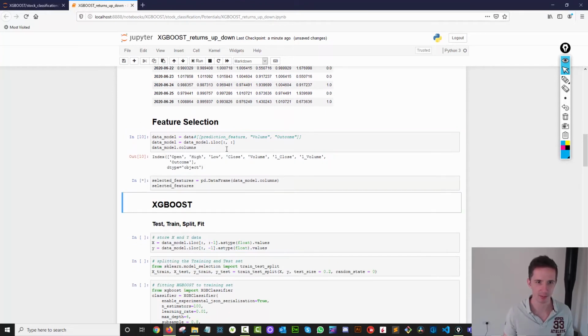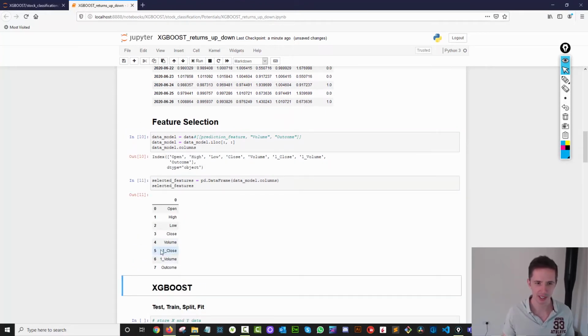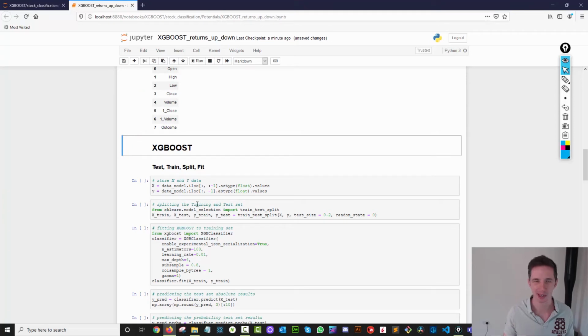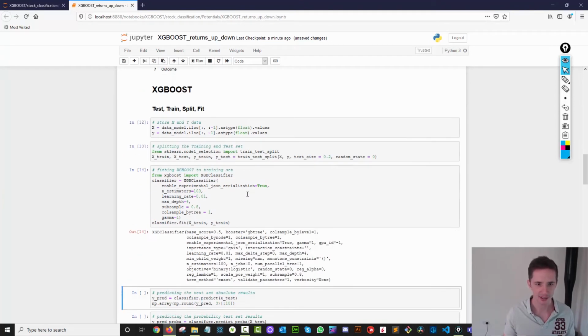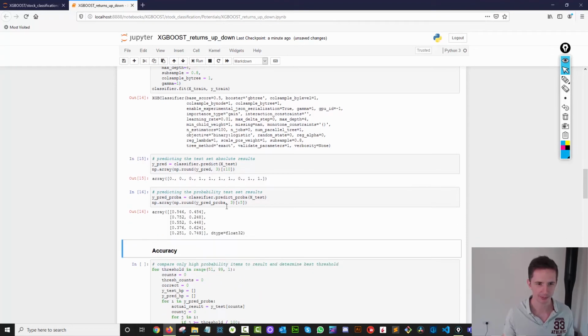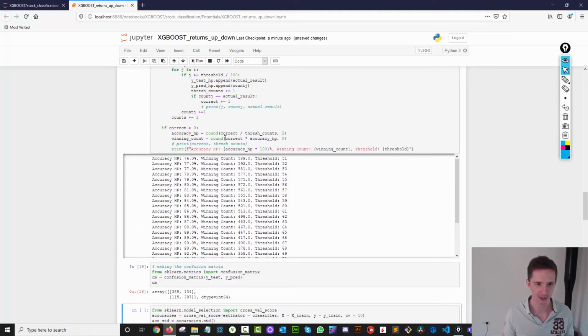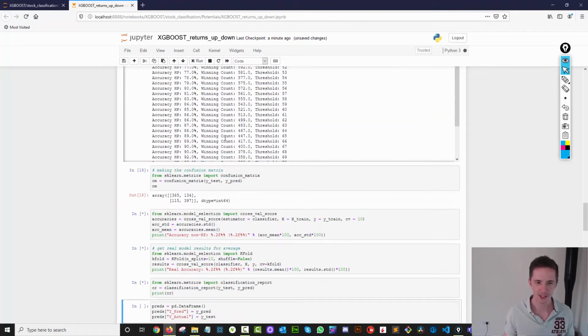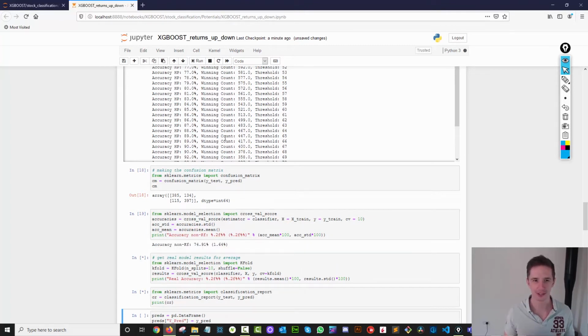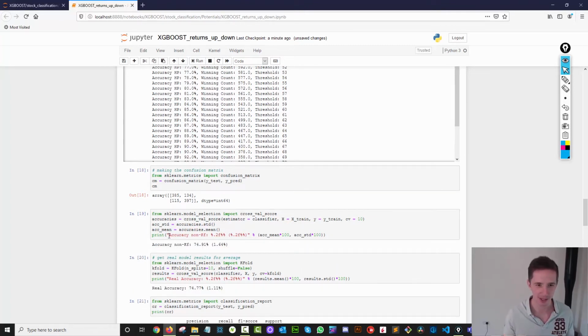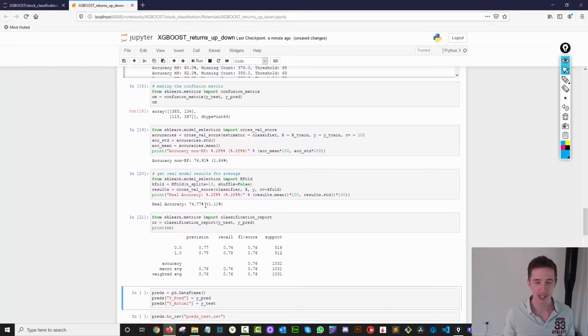So we're going to just set that in place. We're going to bring in previous days. Why not? Even though I feel like that really doesn't make much of an impact at all. And here we go. We're going to run it through our model and see what the accuracy looks like. And this is the cool thing, by the way. Once you've built a model, you can tweak things and play with it. 75% accuracy.